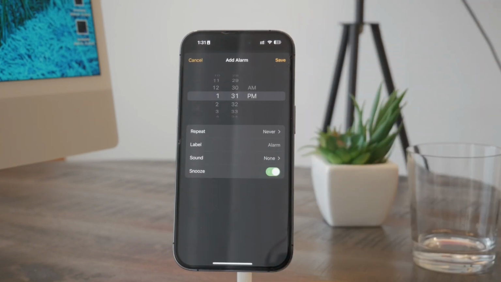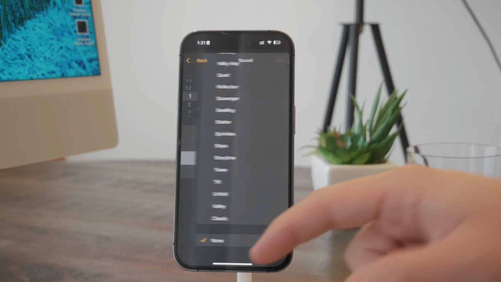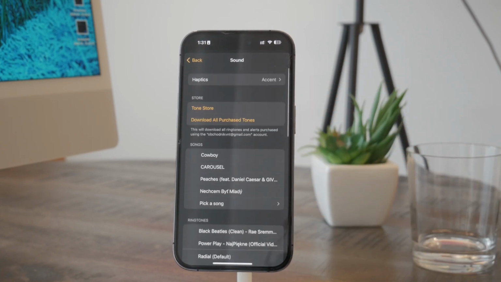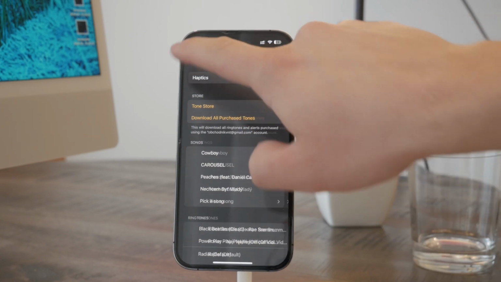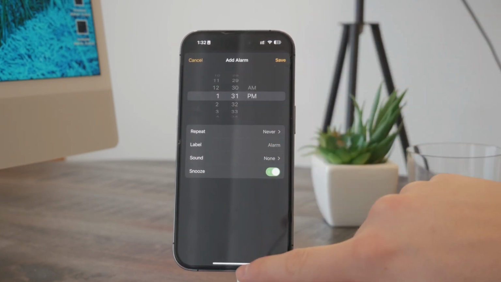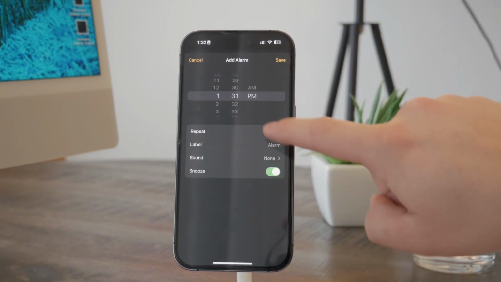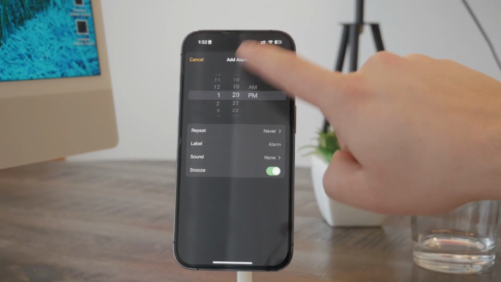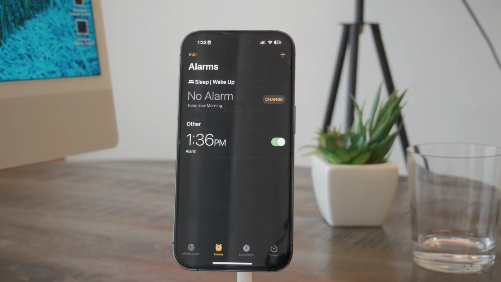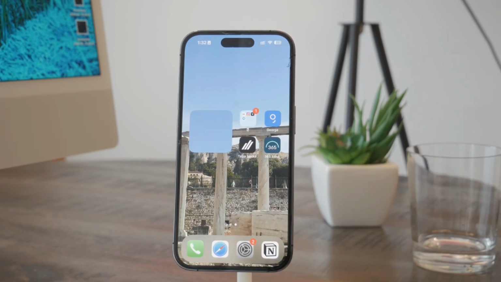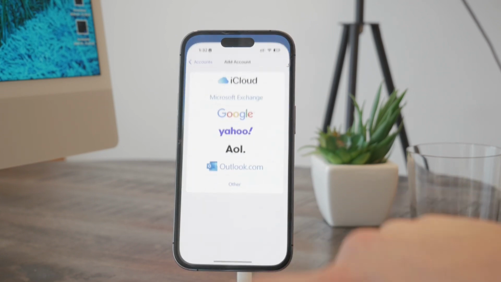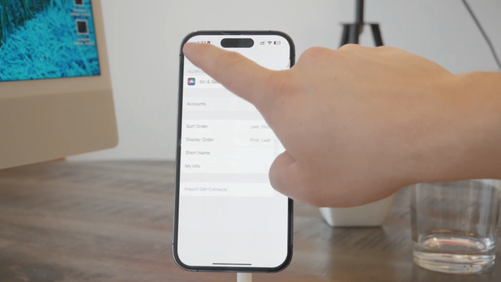At first you naturally have to pick the time, some options like repeating, label, sound, which is important. Like you can change the sound right here, but you cannot change the volume right from this app. So once you save it up and just choose a random time, you're gonna hit save. So the alarm is ready, but you have no control over the actual sound and the volume of it. For this, what you have to do is to open up the settings and just come back to the main